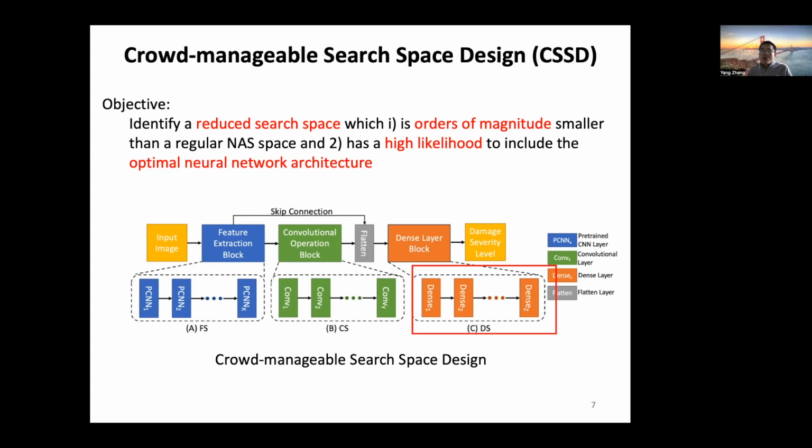Finally, we have the dense layer search space, which is used to discover the optimal number of required dense layers to estimate the damage severity level of the input image using the processed deep visual features. In addition, our design also includes a skip connection operation that allows our solution to skip the convolutional operation if our system decided that the convolution operation is not a part of the optimal neural architecture.